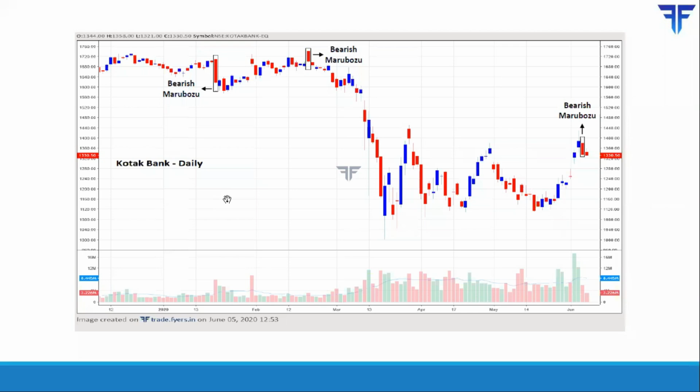Now over here you have the daily chart of Kotak Bank. On the left, you can see a very nice bearish Marubozu form, wherein the opening was near the high of the day, and then you had a closing that was more or less near the low of the day. So it kind of signaled that this particular sideways trend has mostly ended. In the subsequent days, however, price did not trend as expected. It continued to remain in a very sideways range.